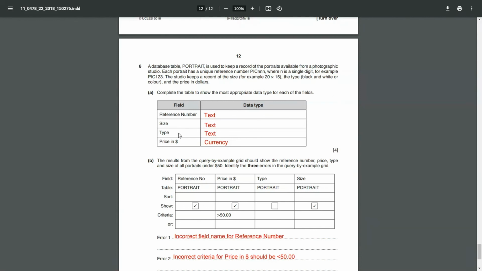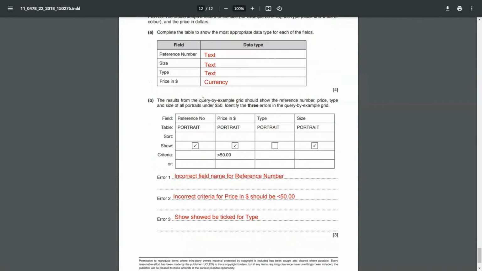So for the field type, which is black and white or color, the data type that can be used will also be a text. Coming to the field price in dollars, the best suited data type to store a price or a number would be an integer or a currency. Both are right.